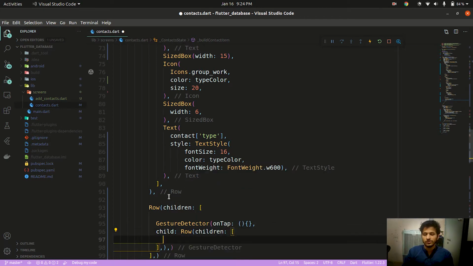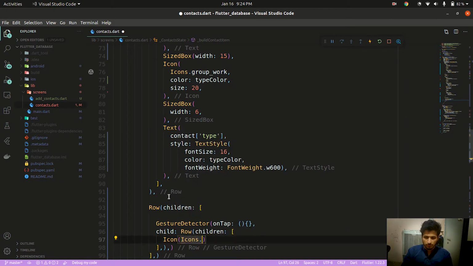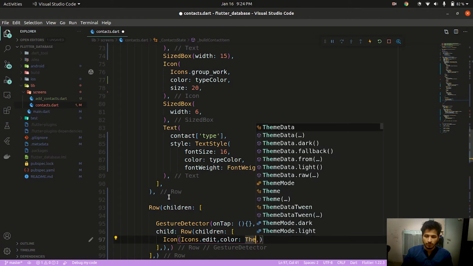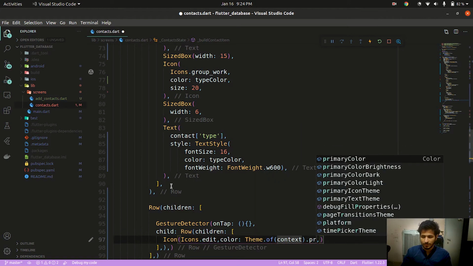This will also have children, and the first child will be an icon with Icons.edit. The color will be the primary color, Theme.of(context).primaryColor.